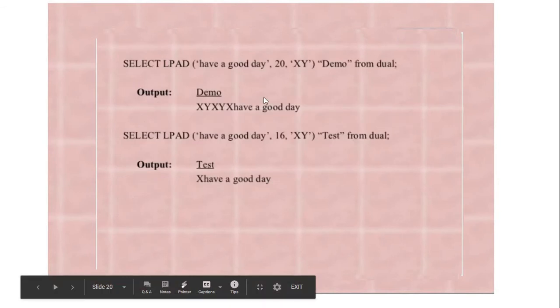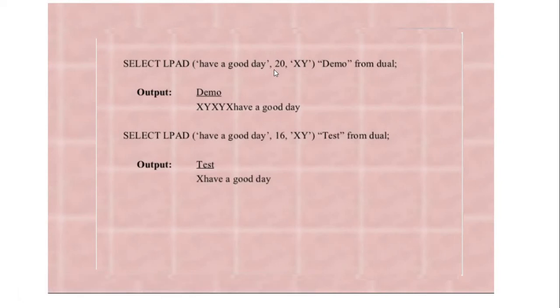Now in the next example we have given both x and the string 2, or the string which is to be padded to the left. Now you know that the length of this string 1 is 15 and the new string to be padded is xy, that is having 2 length.